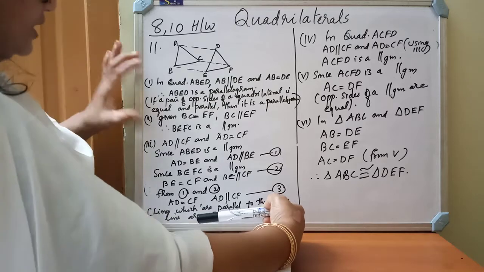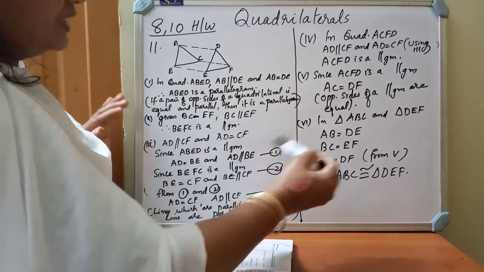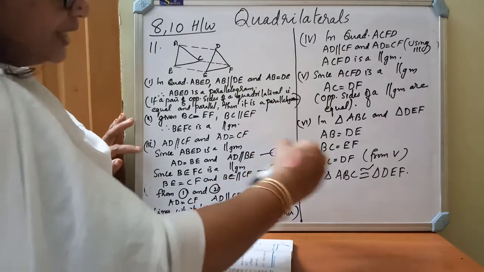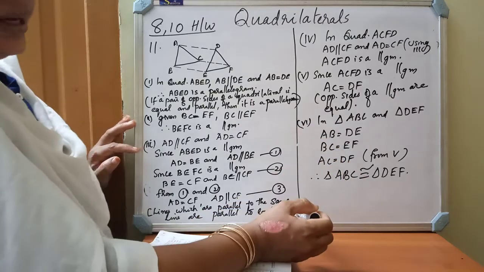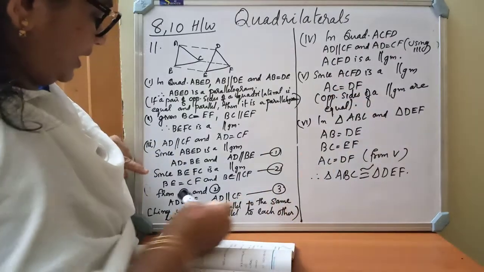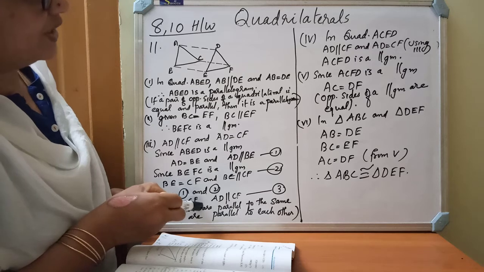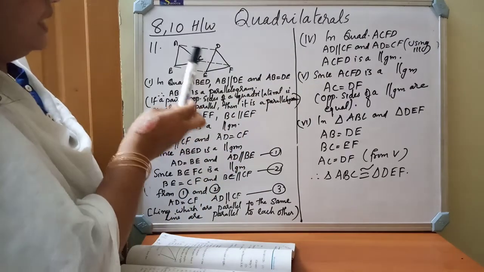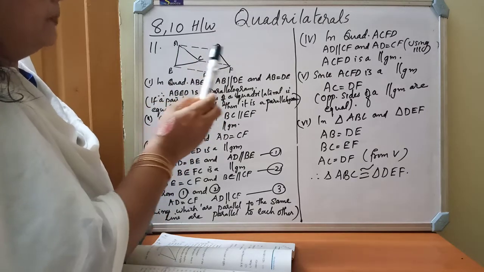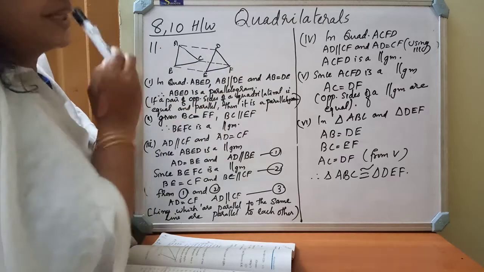So in examination, if the first one and the last one are given, then in between, for getting this result, whatever necessary steps we proved above, you also have to prove, then only we will get this result. Each one is interlinked. In quadrilateral ACFD, in the third result we have AD parallel to CF and AD equal to CF. So we can say that ACFD is a parallelogram.